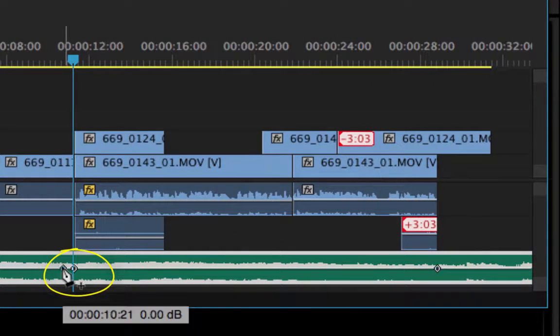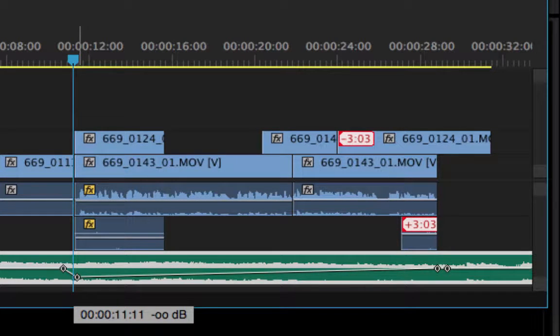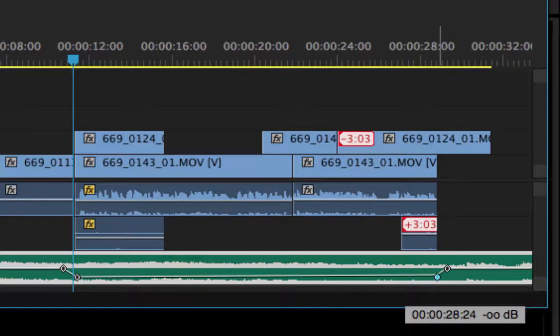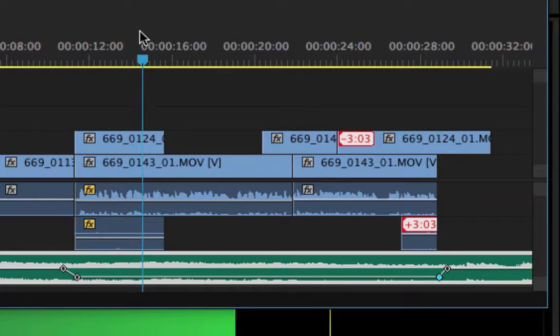Then you want to put a dot on the sides of each of those. And then go to your original dot, hold it down with a left click, and you can see that you are able to move just parts of that line. So here you move that part down. That's where you want the music to go down, and this is where you want it to end going down and go back up. So now if you listen to it,